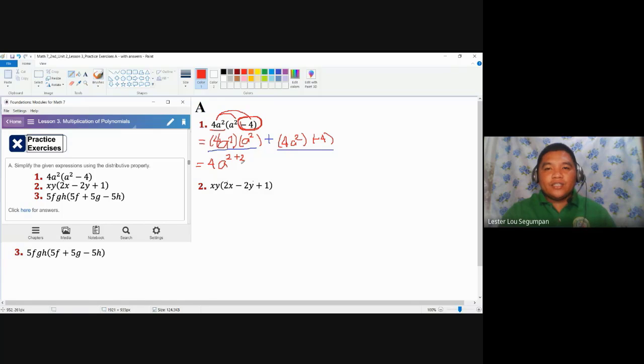This is for the first group of terms. And then you will have here plus the second one, 4 times negative 4 becomes negative 16. And since a squared has no partner, it stays a squared. To finalize our result, this still becomes 4, and add the exponents, a to the power of 4. And then this is where you will apply now the breaking of the grouping symbol. Right?